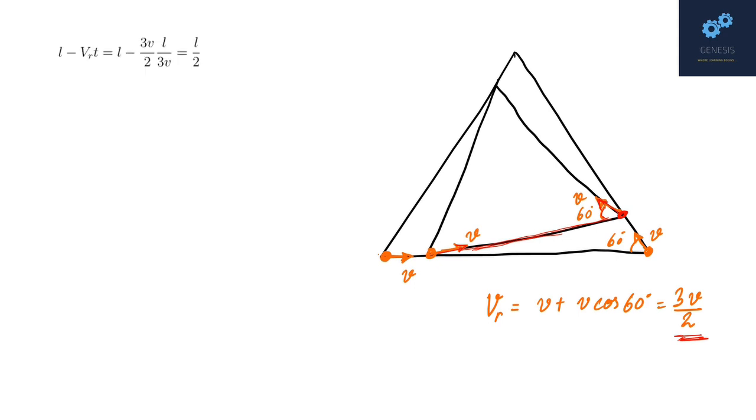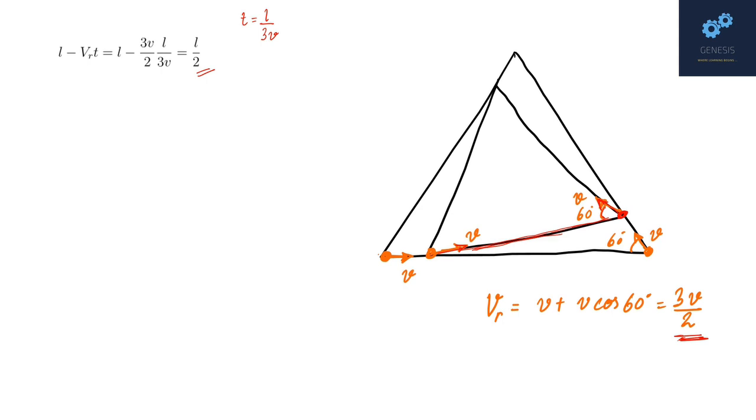Therefore, the instantaneous length of the edge is nothing but L minus 3v by 2 into any time t. So we want the situation at L by 3v. So the edge length at that instant is L minus 3v by 2 into L by 3v, and therefore we get the edge length at this time as L by 2. That means at this instant the particles are on the vertices of a triangle whose edges are half of that